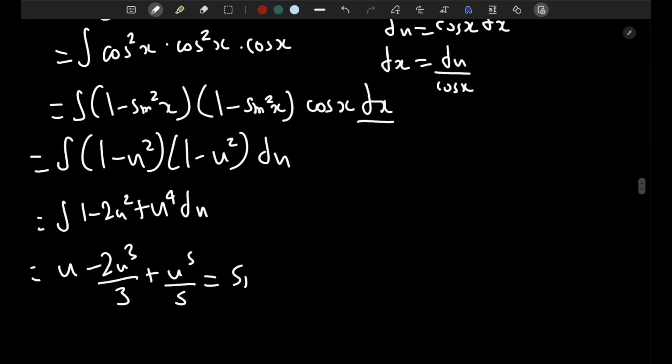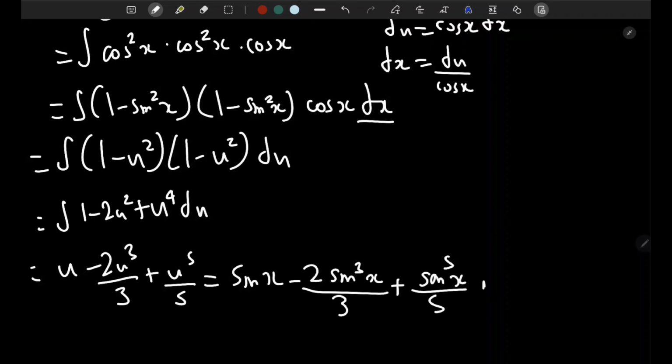It's going to be sine x minus 2 sine cubed x over 3 plus sine to the power of 5x over 5 plus c. So this is the final answer. It's pretty simple. So our next question is the integration of sine squared x into cosine to the power of 4x